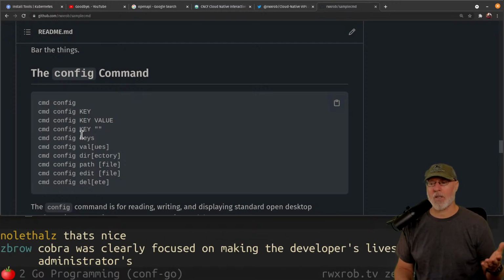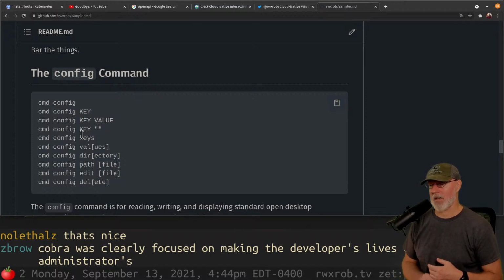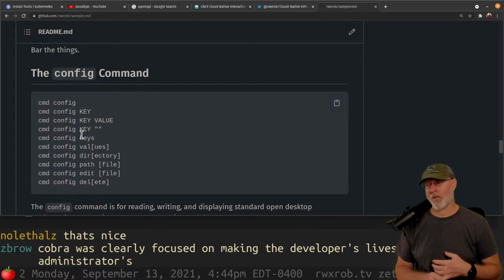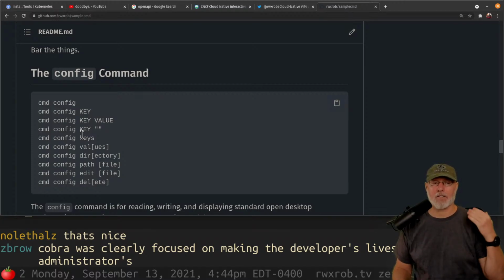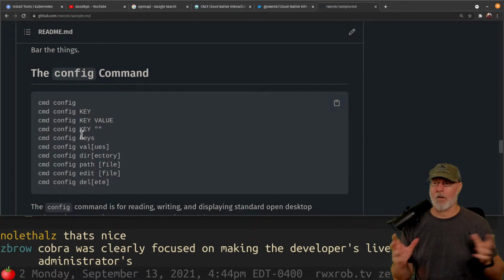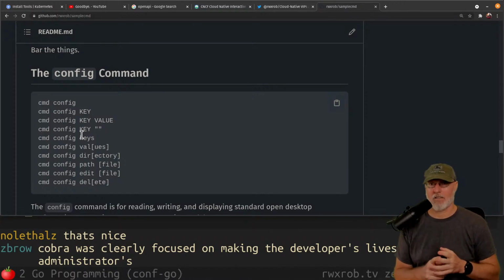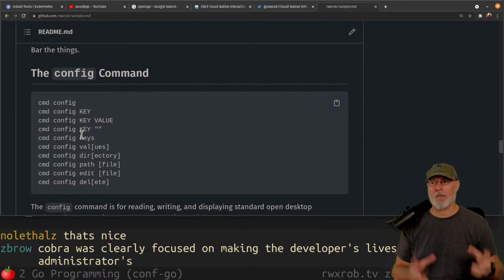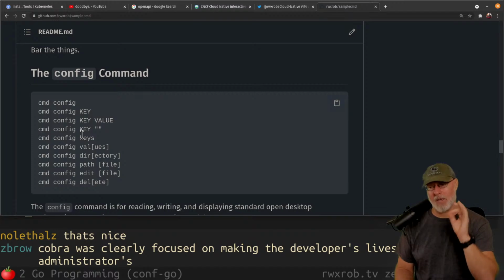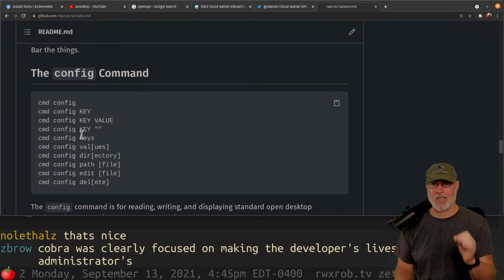If you're going to speak to a human, making developers' lives easier, not administrators, absolutely, nor users, right? You can make a conversational interface, but you're going to have to do it in more than one command. And a big piece of this is adding state. And how do you add state to a random command? You add a config module like I'm talking about.